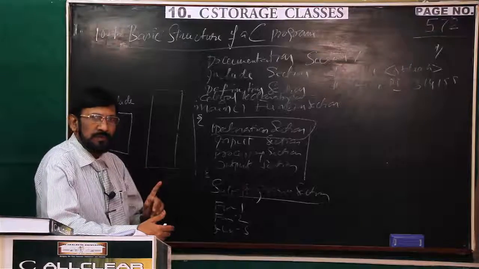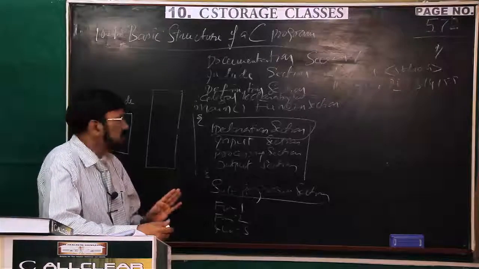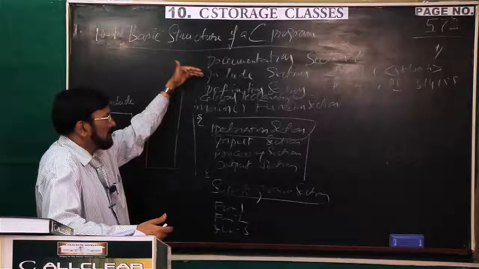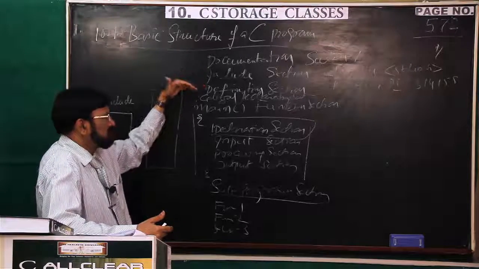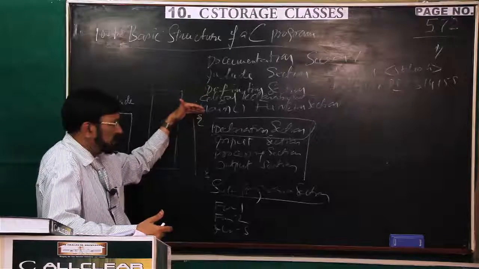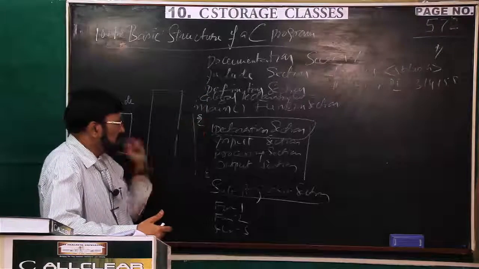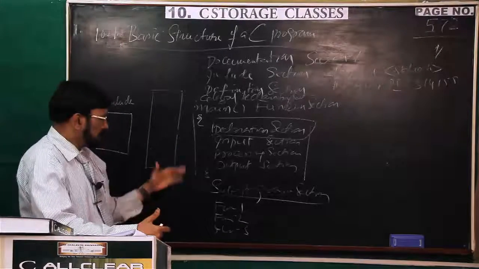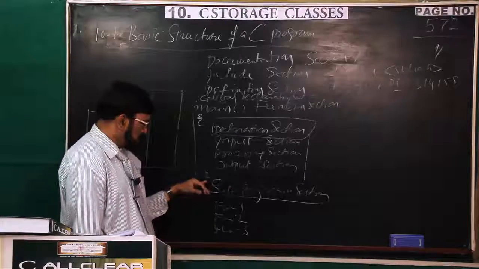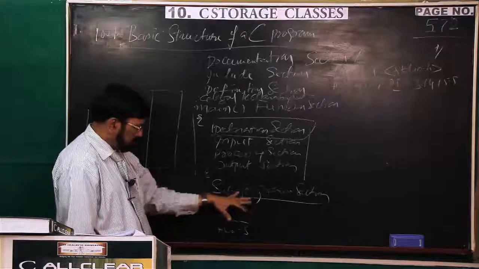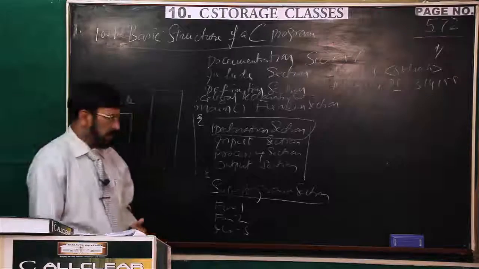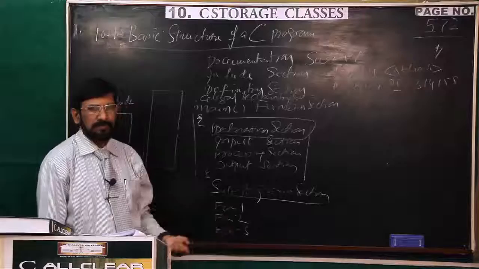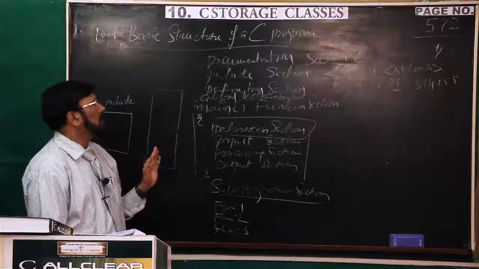Now you should have a complete knowledge, but all sections are not compulsory. Some are optional. Now see: document section, include section, definition section, global declaration section, main function. Within the main function, declaration section, input section, processing section, output section. After the main is closed, main is over, then the subprogram section. In that, whatever functions are called, all the functions we define. This is the overall structure of a